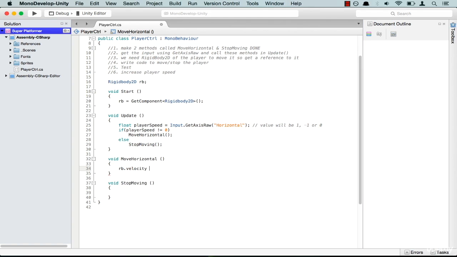So let's assign a new velocity, a new Vector2, because this is a 2D game. We're going to assign the directions only in the x and y axis. This takes in 2 parameters, x and y. MoveHorizontal needs to know the player speed, which is here, but in this method we're not passing any parameter. So let's modify this method to take in a float playerSpeed. Now you can copy this and paste it in here like so. And for the y, you can say